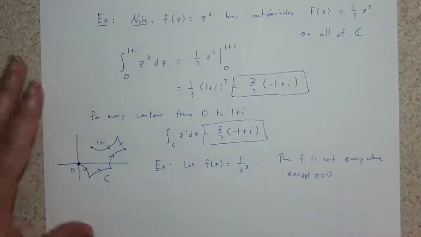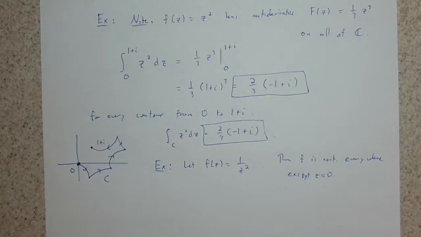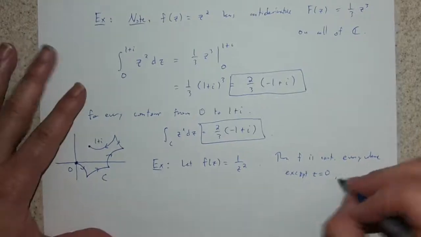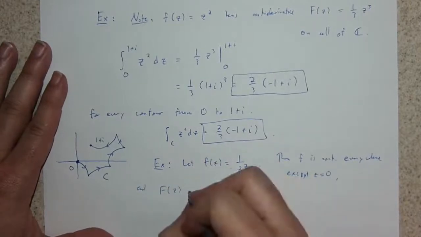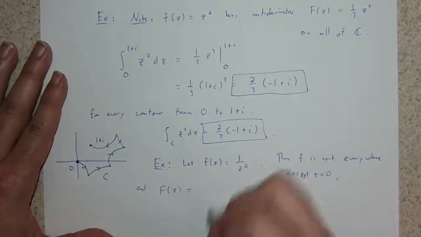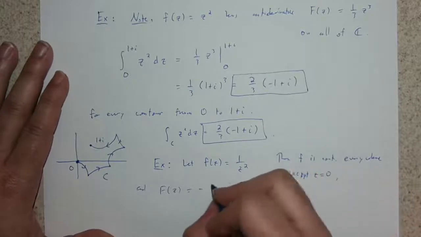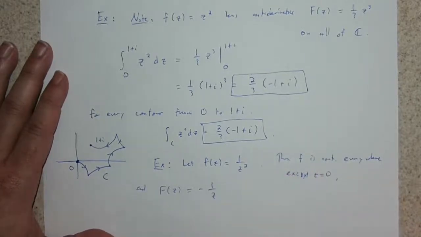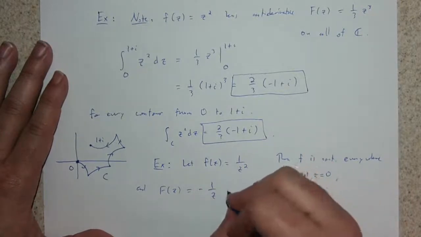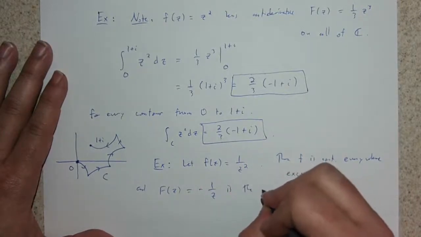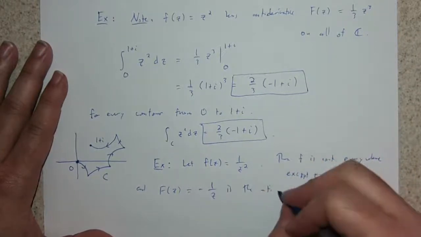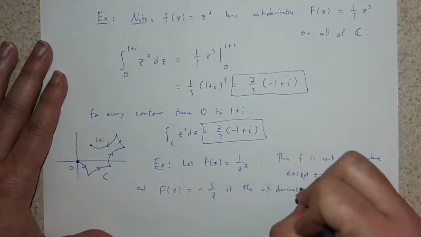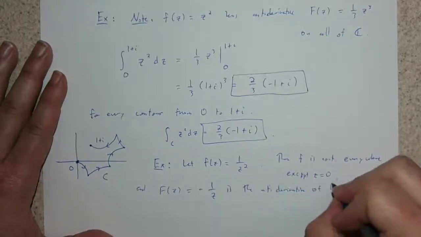It's continuous everywhere except z equals 0. It has an antiderivative, big F of z, and you know exactly what I'm going to do here. This is minus 1 over z. So big F, which is minus 1 over z, is the antiderivative. When I say the, yes, I could have a constant here, but I don't care. So this is the antiderivative of little f